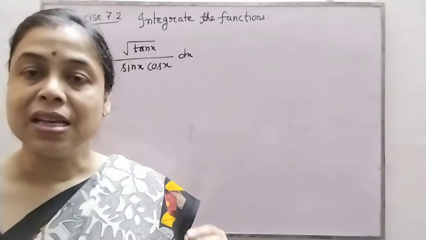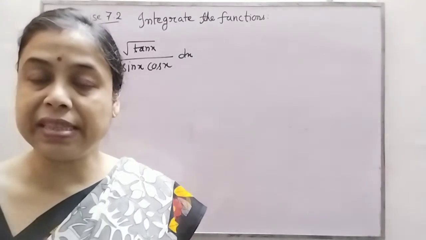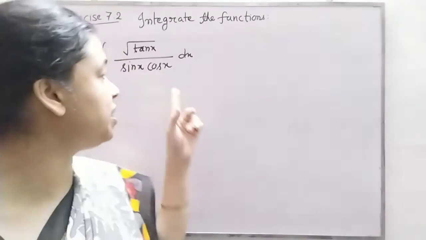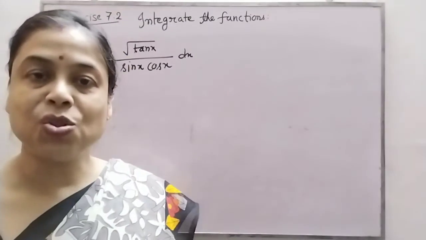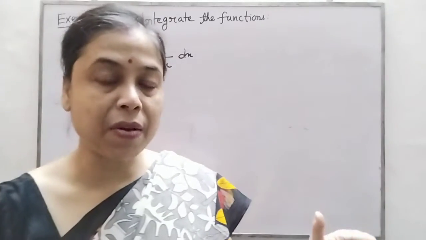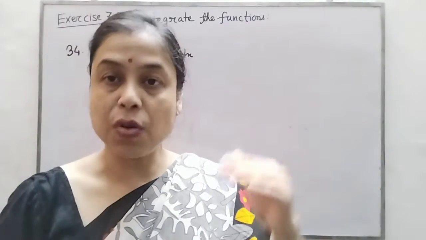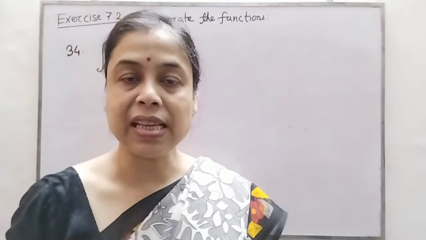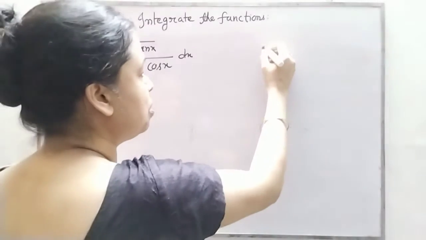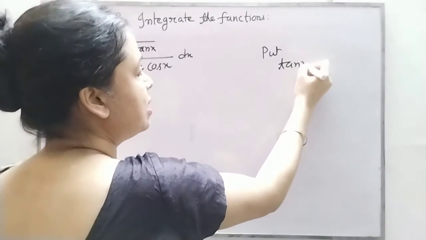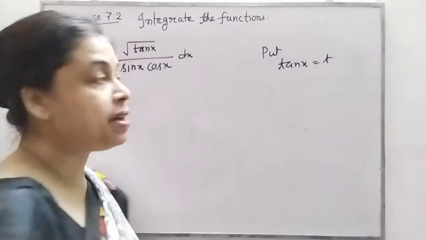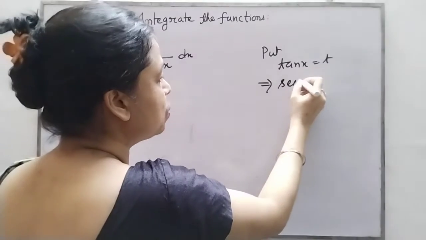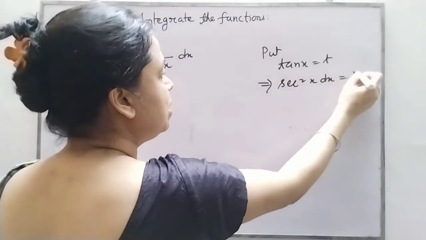But you see, sec square x, which is the derivative of tan x, can be written as 1 by cos square, which is here. Is it not? So 1 by cos x will be left, and with sin x if I combine again I can get tan x. Because of that reason, I will use the substitution for tan x, that is tan x equal to t. Taking the derivative of tan x, I am reading directly, that is sec square x dx, which is equal to dt.